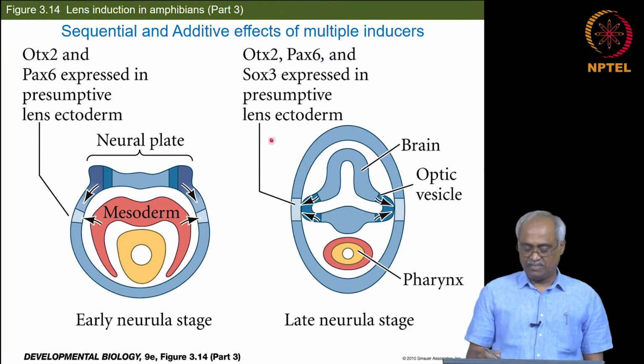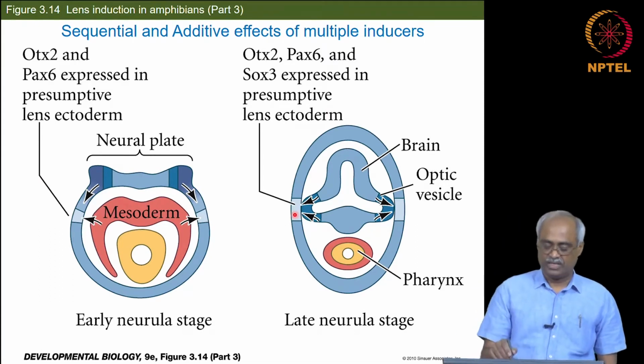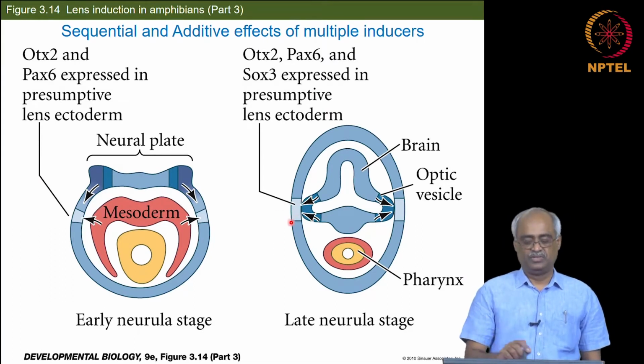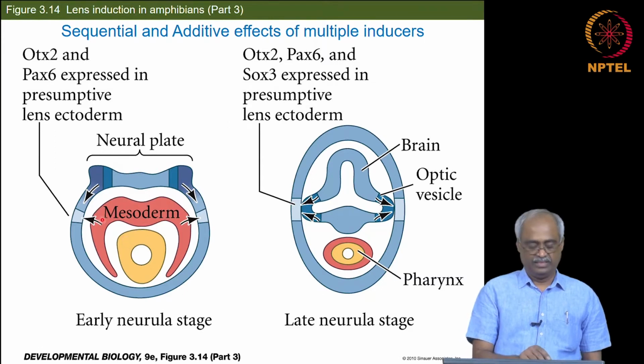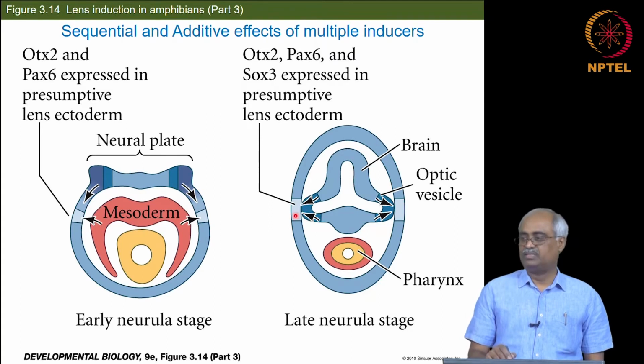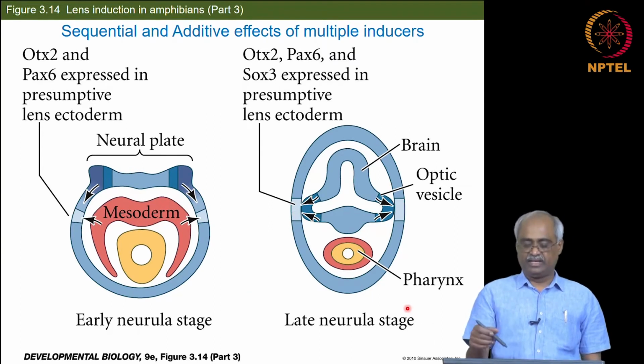So, now you have multiple transcription factors activated here, and all of them together only lead to the formation of lens placode finally in that place. So, you have sequential and then additive action of multiple inducers. Here it is sequential because initially the endoderm, then mesoderm, then the adjacent ectoderm, then finally the optic vesicle. In that sequence they all activated and all their activity becomes additive, and finally you have a particular tissue